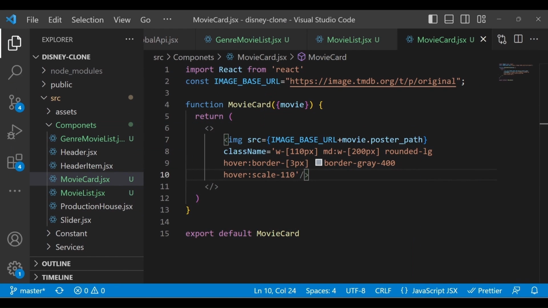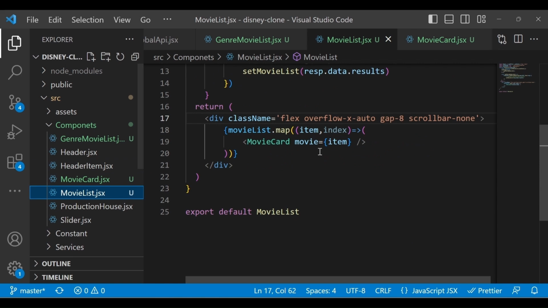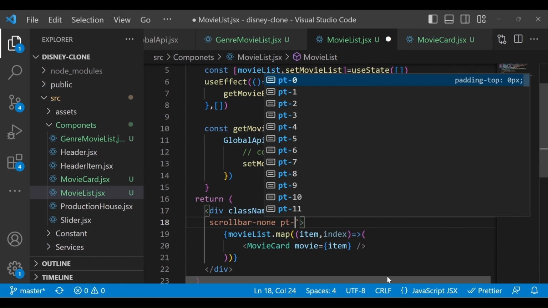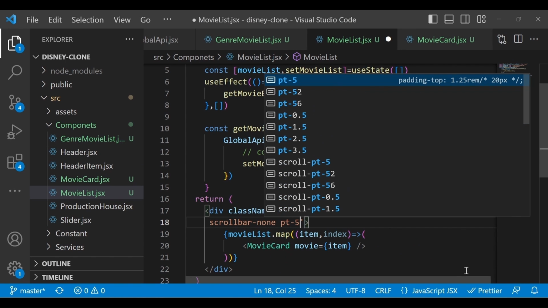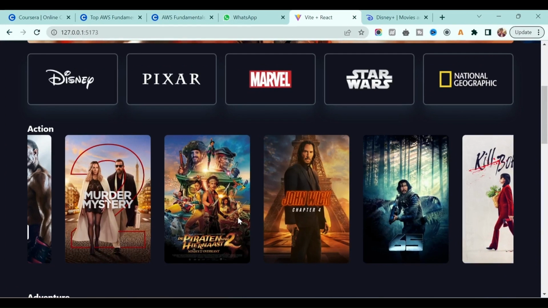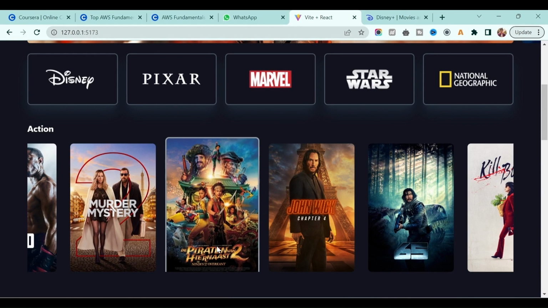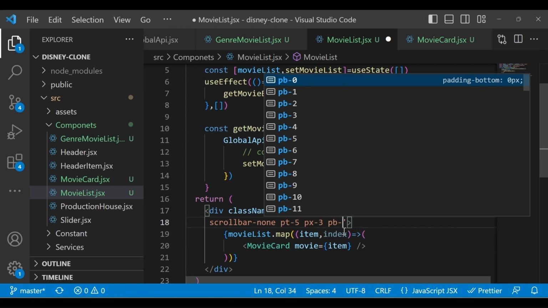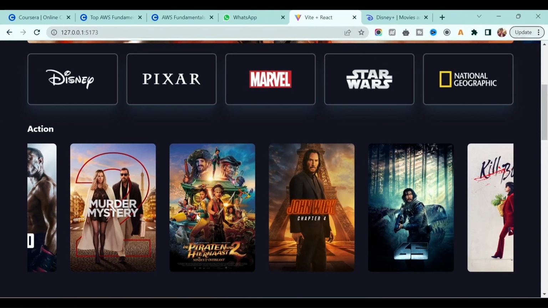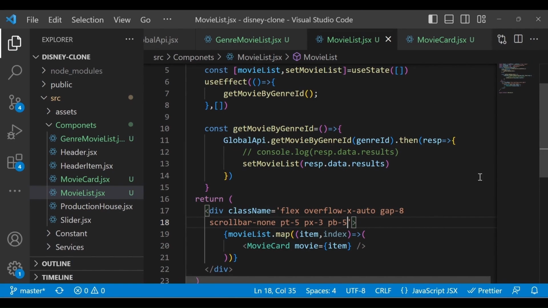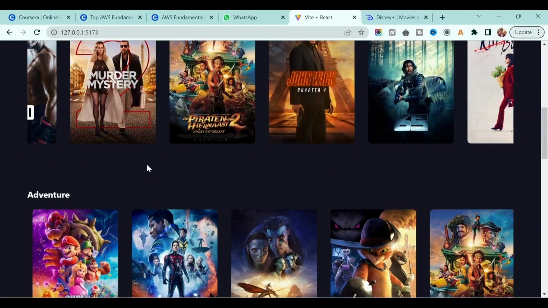So in order to fix this, right, we have to give some padding from the top in a movie list. So here I will give some padding top to 5 and on padding X to be 3. Okay, and let's see now. We also want to give padding from the bottom, so let's give padding from bottom to be 10. Okay, and if you see, it's working, right? You can decrease the padding from bottom to 5 and let's see how it looks.